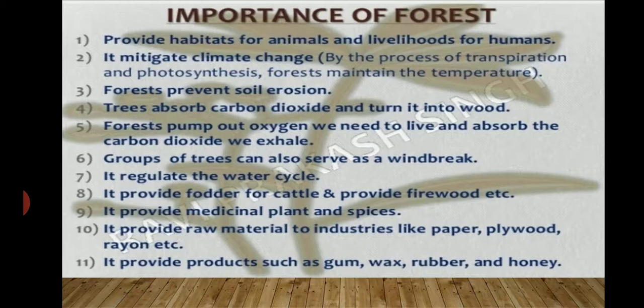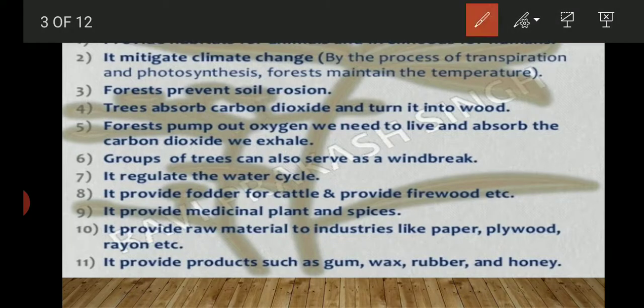Several plants that grow in forests are used in the preparation of medicine. For example, the bark of the cinchona tree is a source of medicine called quinine, and it is used for the treatment of malaria. A few trees contain a substance known as Taxol. This Taxol is a special cancer fighting agent, and it helps to cure cancer.